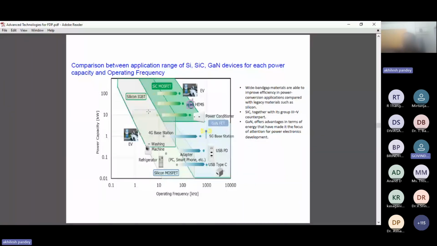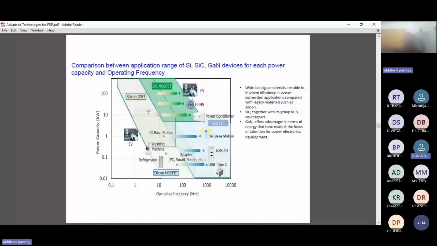So this can be used in home energy management systems and solar power generation systems, usable in various weather conditions. So it is necessary that the power conversion system can supply stable power using a lithium ion battery and silicon carbide. So one can develop a new charging system using silicon carbide devices in order to achieve high conversion efficiency. So wide bandgap semiconductor materials are able to improve the efficiency in power conversion applications compared with legacy materials